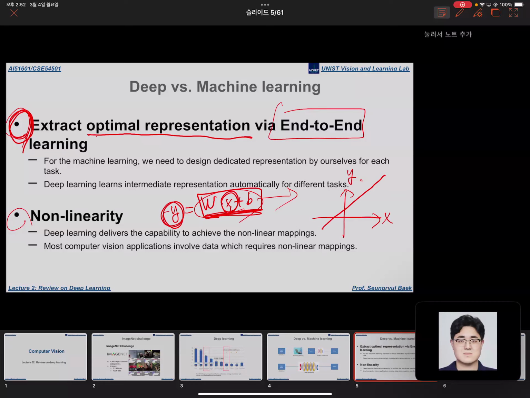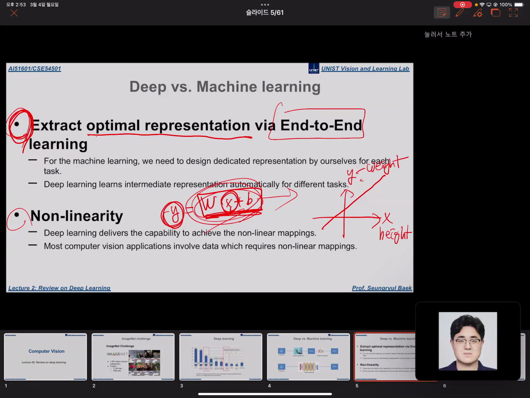Their output needs to have some linear relationship with the input vector. So this type of formula can only represent cases where the input and output have a linear relationship. Let's say this is height, and this is weight. We are given height and weight